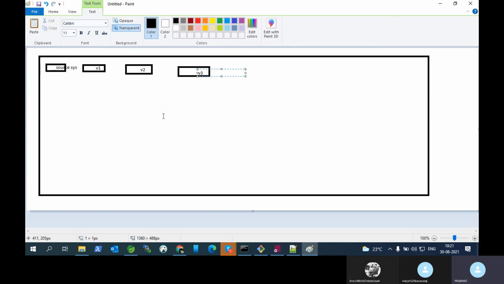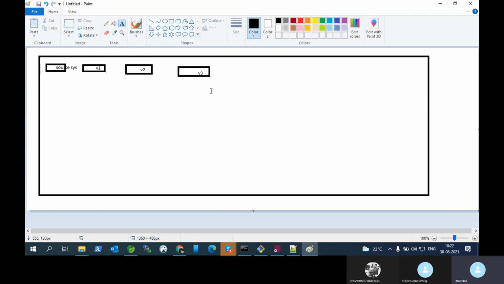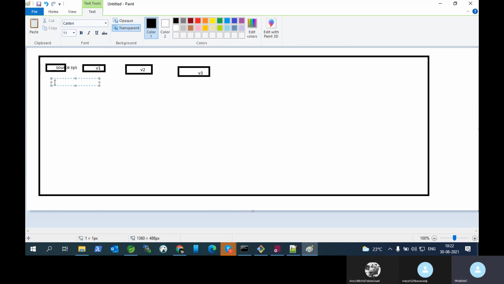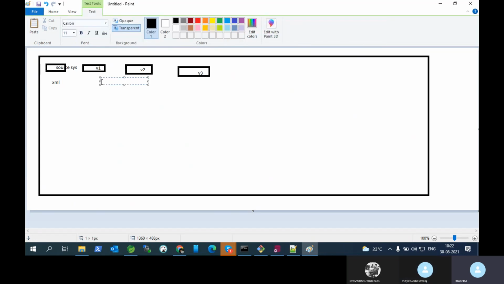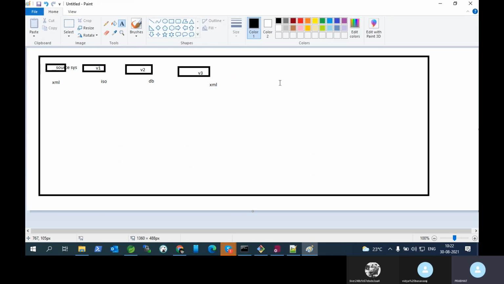Suppose we have three validation systems, V1, V2, V3, and this is the source system. The source system is of type XML, and this validation is of type ISO. This is ISO, this is DB, and this is again XML. These two fields are common, the validation method and that detail, so I am ignoring that too.